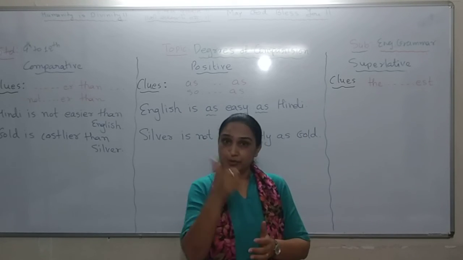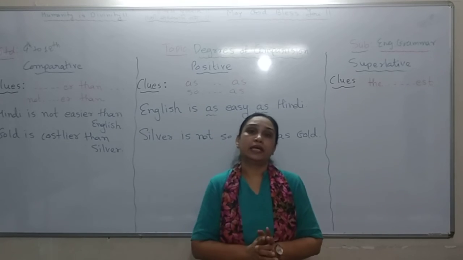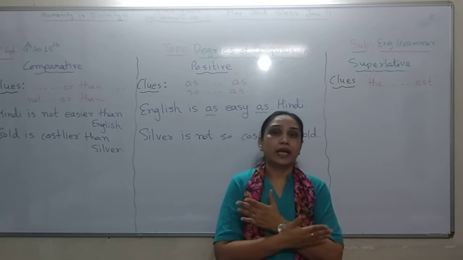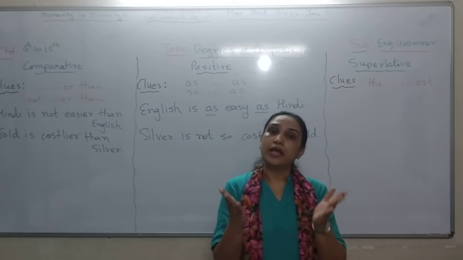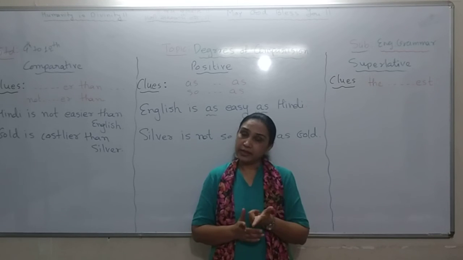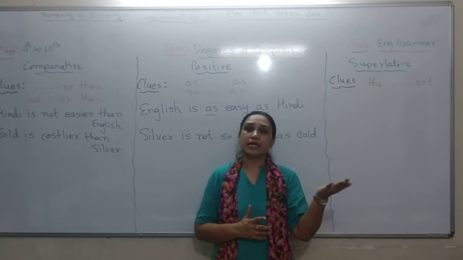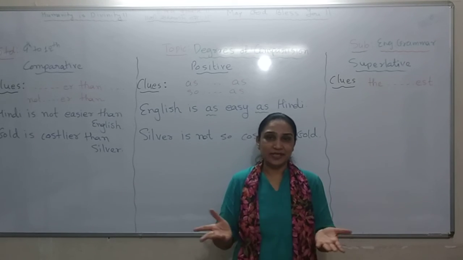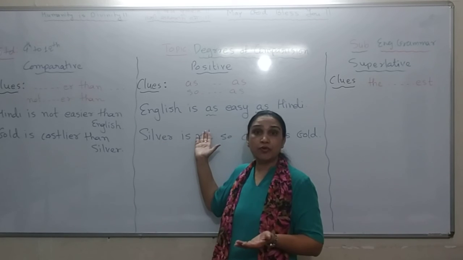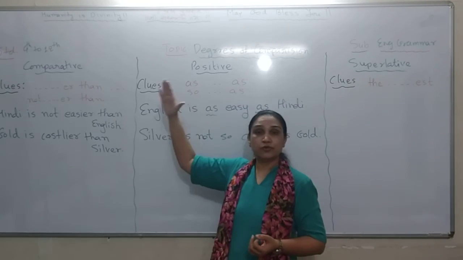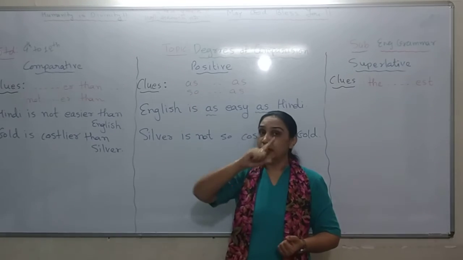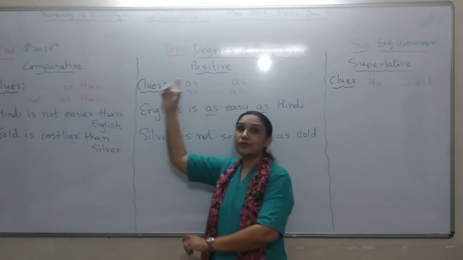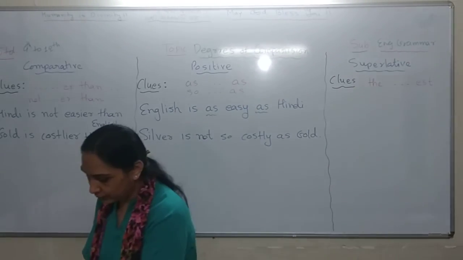So, the thumb rule you have to keep in your mind is that while comparing just two persons or things or situations, I can never use the superlative degree. For that, on one side I need more than one subject. That's it. So, this was all about converting a sentence from positive to comparative, comparative to positive. Let's go for one example where we will convert the sentence from comparative to positive. Let's go.